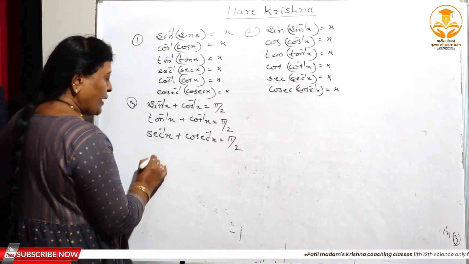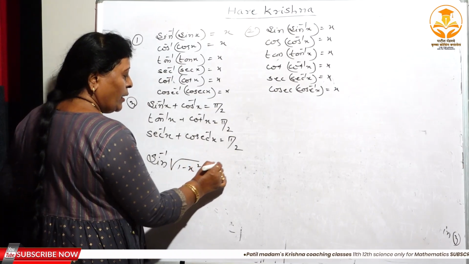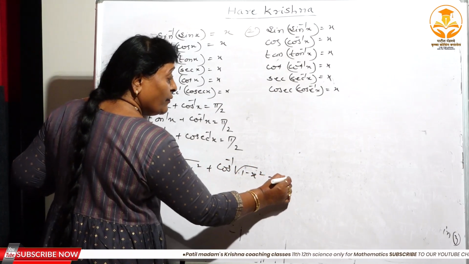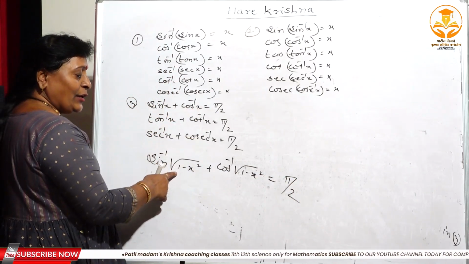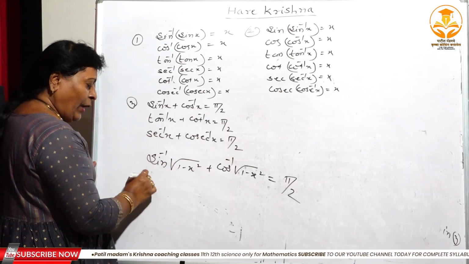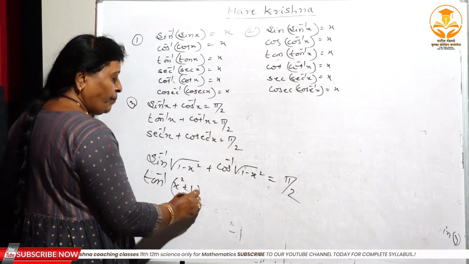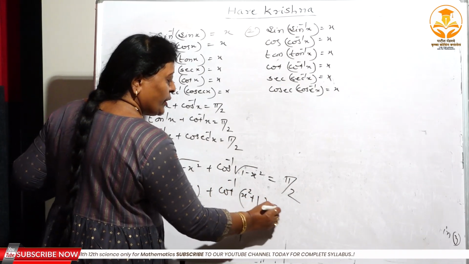Isn't it? Suppose I write sin inverse root of 1 minus x square, cos inverse root of 1 minus x square, it is always equal to pi by 2. Right? Instead of x, there should be any angle. Any angle you can write here. Suppose tan inverse of x square plus 1, cot inverse of x square plus 1, this is also equal to pi by